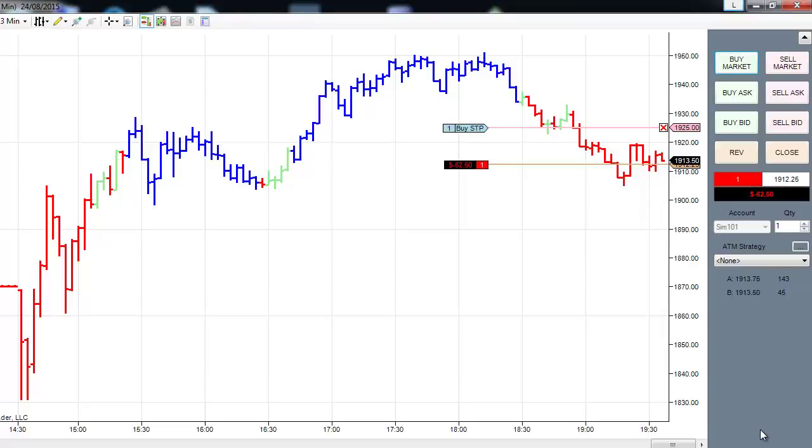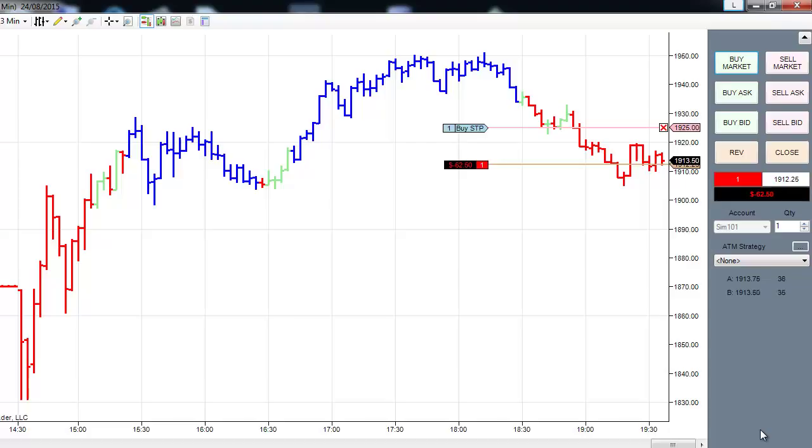Hi, just entered a trade in the last couple of minutes here on the ES, which is the E-mini futures contract, on a 3-minute chart, trading the indicator coupled with the vertical bar trading pattern. I have entered the trade at